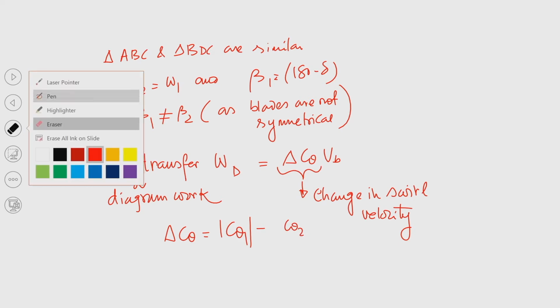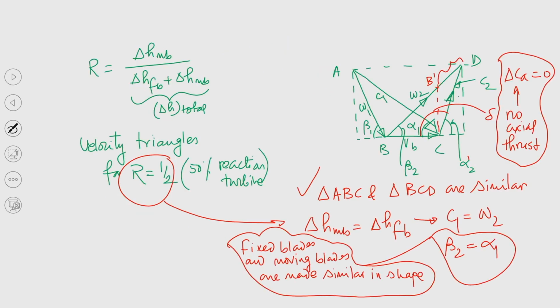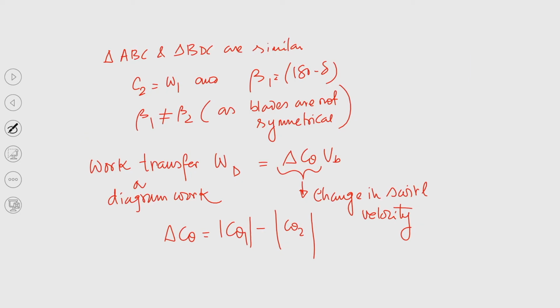I am taking only the magnitude. Okay. So, you understand what is C theta 1? C theta 1 is nothing but the component of absolute velocity in the tangential direction. So, that is C 1 cos alpha 1. Okay. So, I am writing here